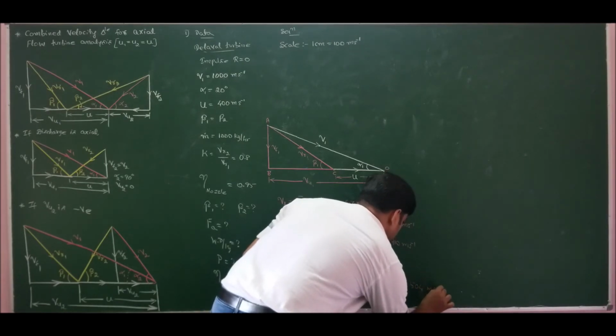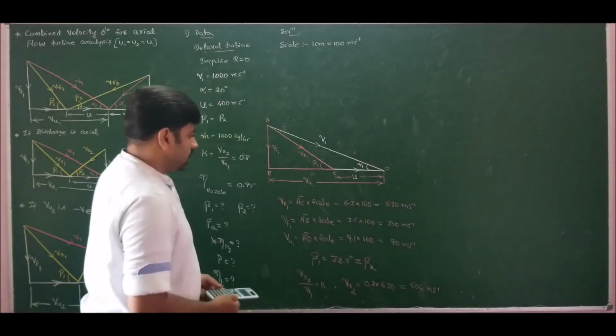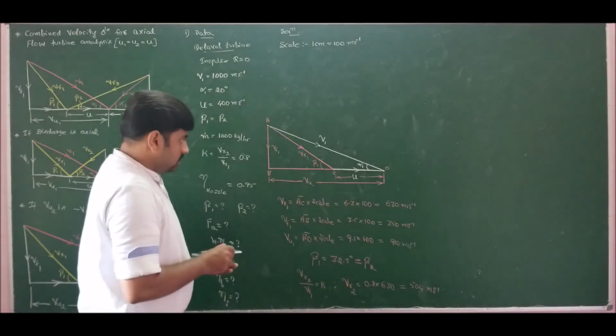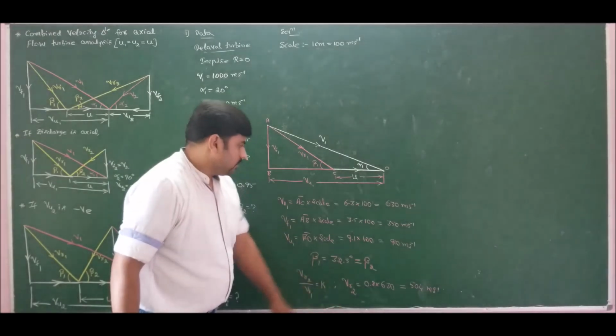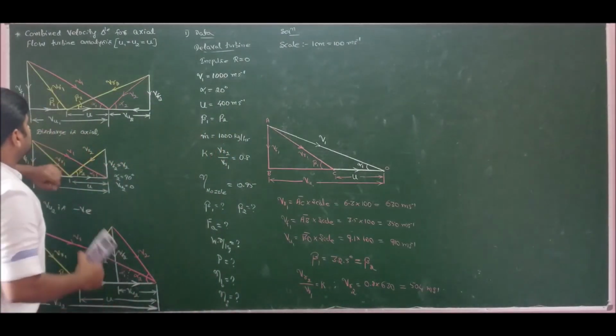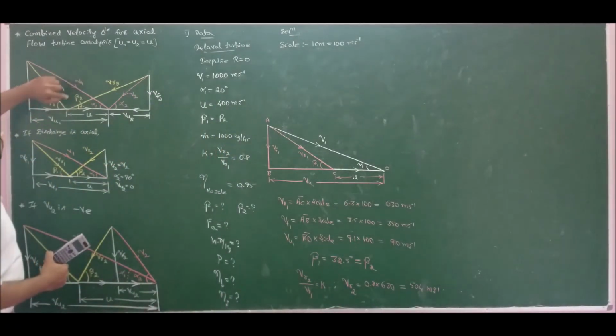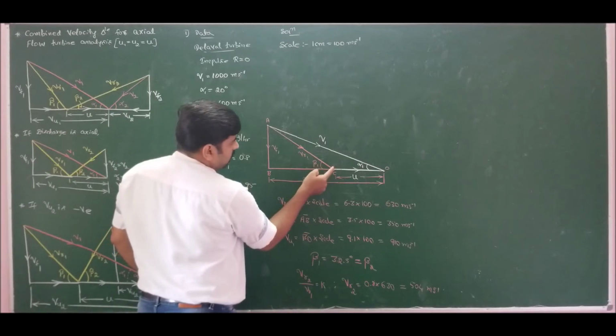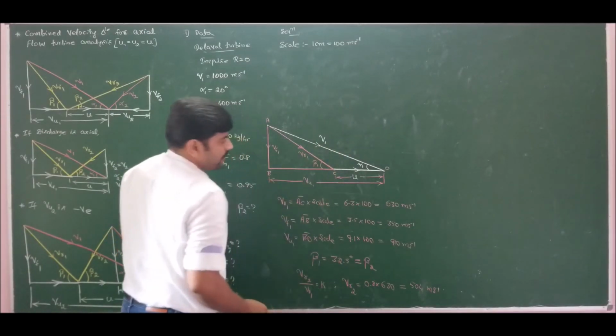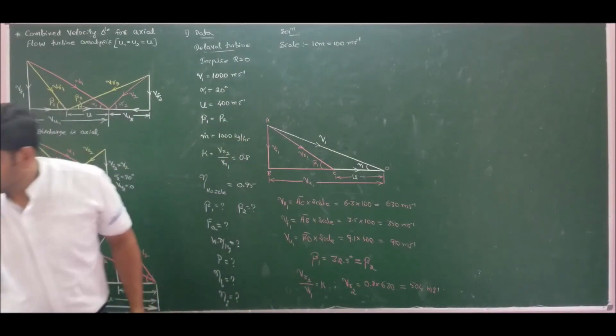meter per second. Now I can complete the exit velocity triangle with the help of beta 2 and VR2. So we have calculated beta 2, we know VR2. I should lay down beta 2 and VR2 from the left corner of U. So from here I should measure beta 2 and lay down VR2. So let me do that.